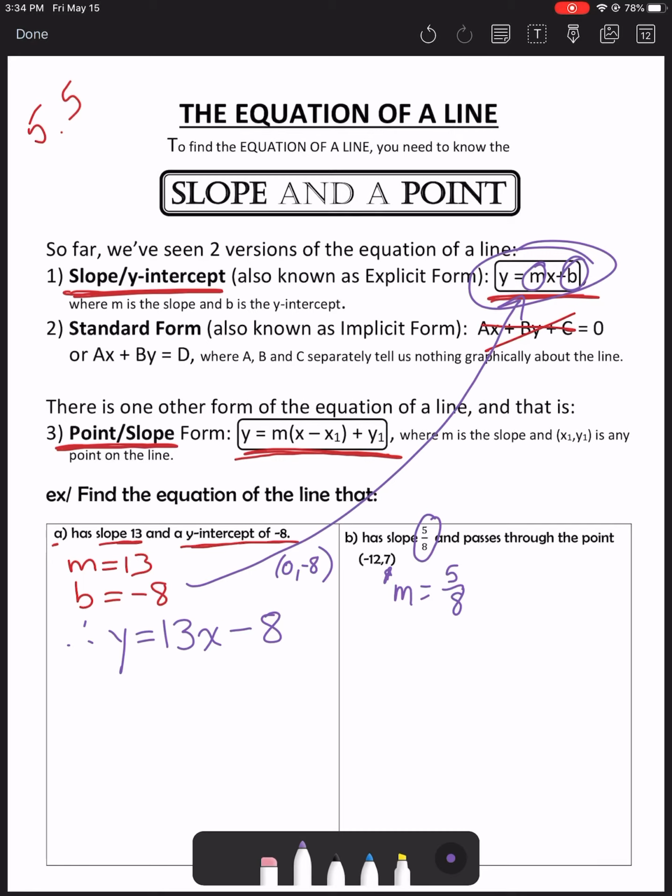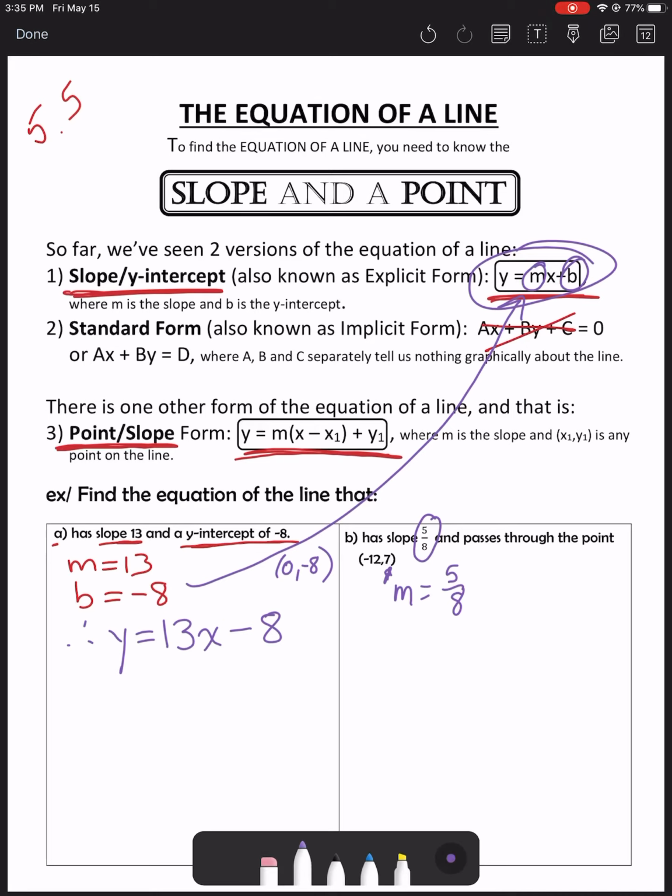That's not the y-intercept. That's the point. If I just draw a little tiny graph of what's going on here, -12, 7. If this is -12 and this is 7, that's that point right there. That's not the y-intercept. So I can't use b as 7 because that's not where this graph is crossing the